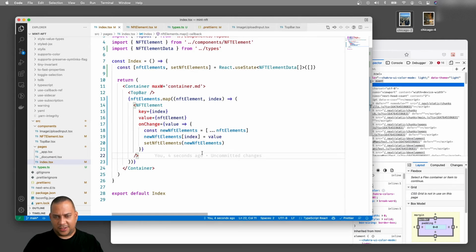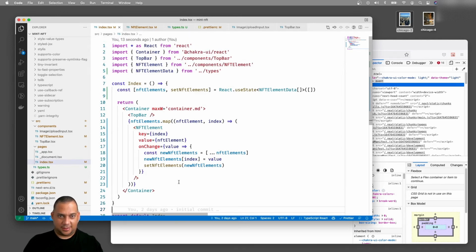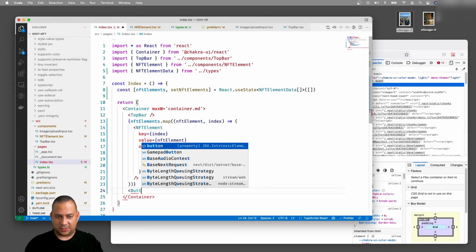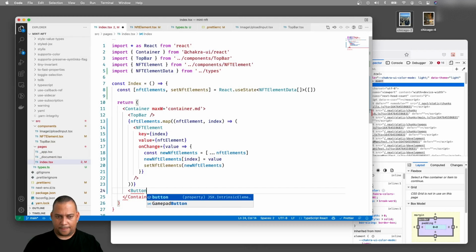By the way, all the code that you see being auto-generated, that's just GitHub Copilot doing its work. It's really amazing. You will see a lot of that. So cool. Since we don't have any elements, because this array will start empty, we need a button to basically create an empty element, and I will create an add NFT button here,